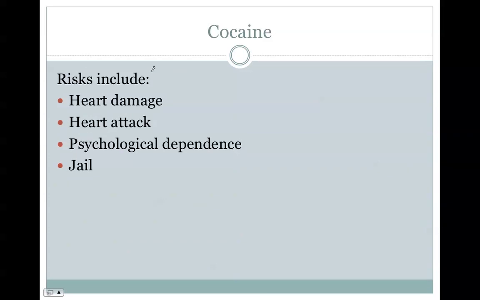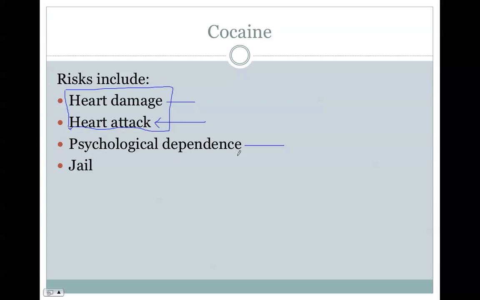Here are some risks that cocaine involves: heart damage, heart attacks, psychological dependence. And these two, heart attack and heart damage, are obviously quite major. And cocaine's been known to kill on the first try. So people try it for the first time and they have a heart attack and die that first time. And so that's quite unfortunate. In fact, there was a college basketball star that got a first draft pick to the Celtics, I think back in the early 90s. He went to a party, tried cocaine for the first time, and died of a heart attack, never experiencing the NBA in that life.